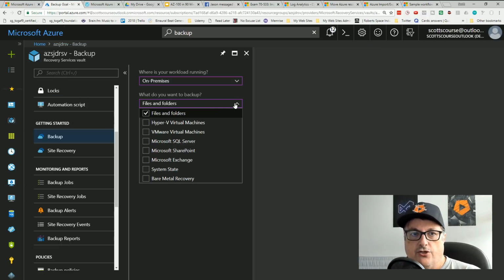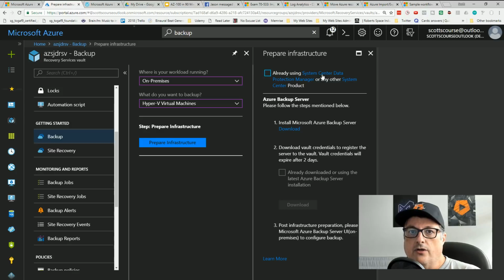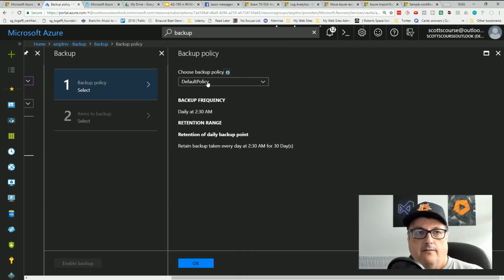If you were to choose other things like Hyper-V virtual machines, then you're going to be using something else like System Center. Basically, System Center is what you use to manage all of your servers, including your Hyper-V virtual machines. And so it's actually a different process. If you're talking about your Azure virtual machines, then it's actually default policy.